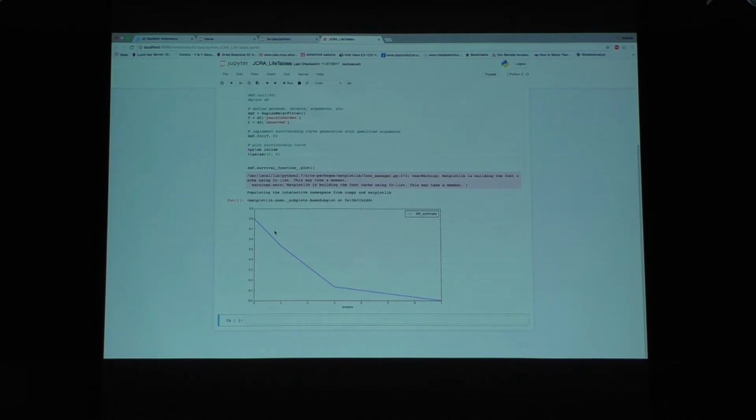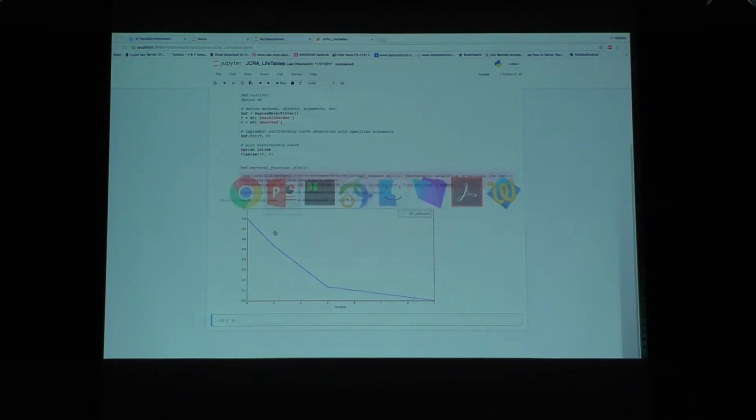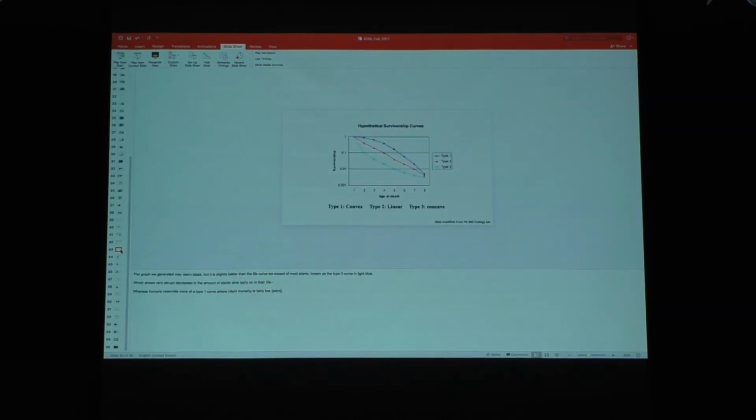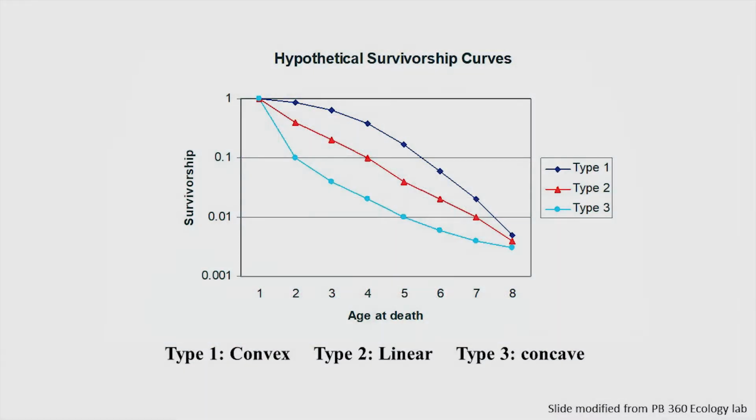So this looks pretty bleak, but that's actually the way a lot of plants are. You don't have to worry about how well we're taking care of our plants. When you look at these kinds of curves, plants typically follow what is known as the type 3 curve, the one that looks like a water slide going straight down at first and then leveling off.